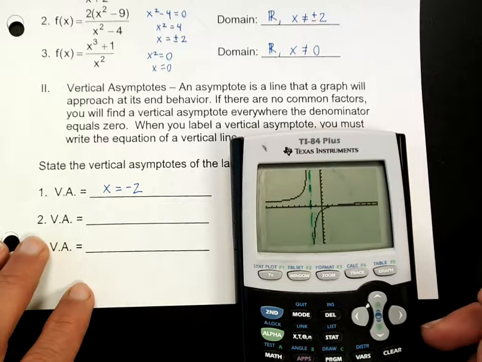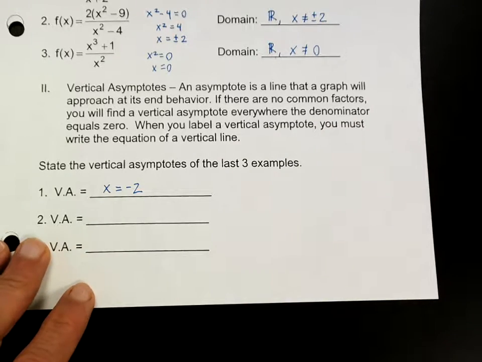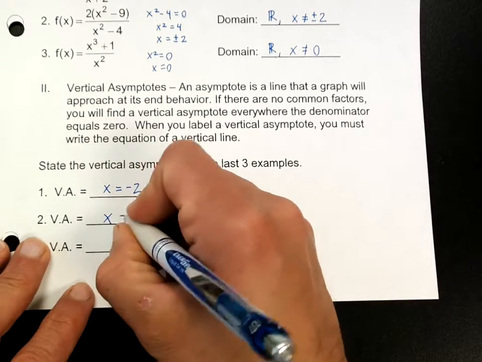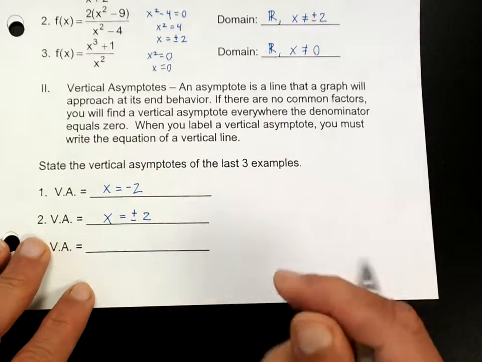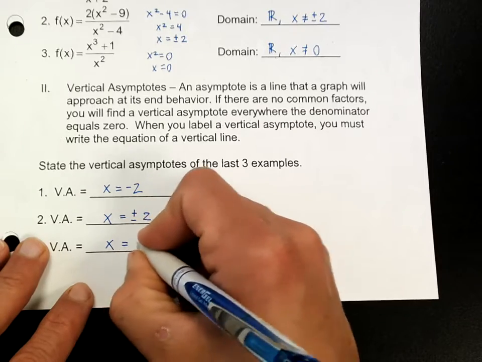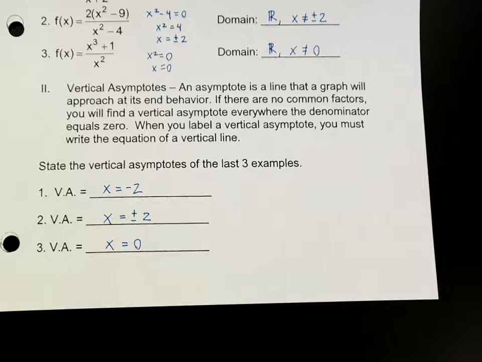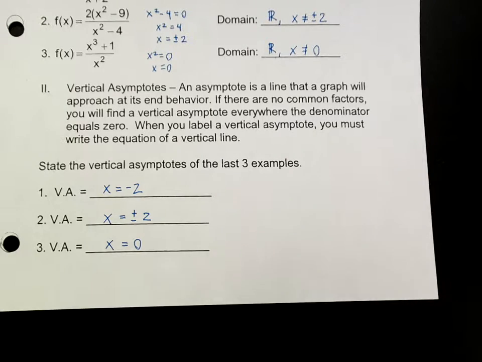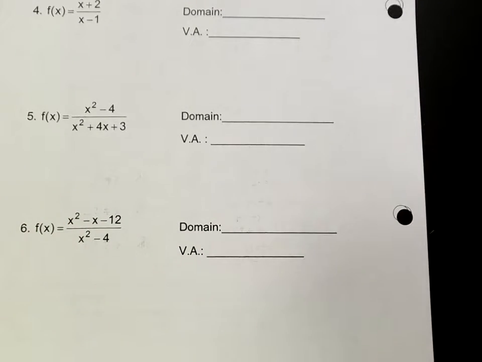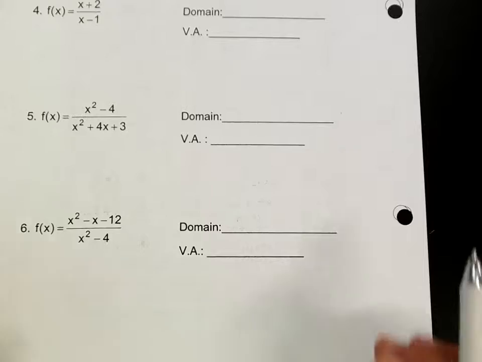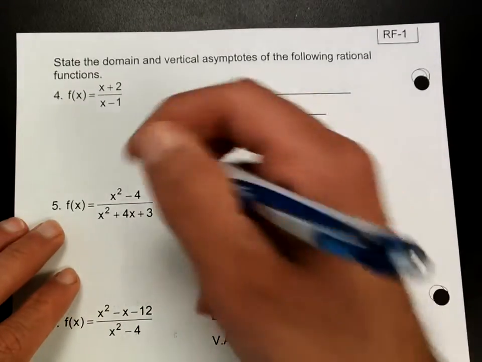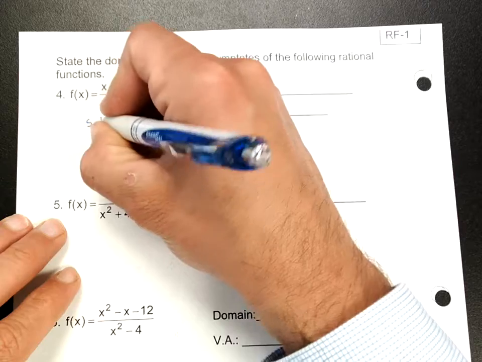For the next one, assuming that you already tried to factor and cancel, it's going to be the same thing. x is equal to plus or minus 2, and then this one is going to be x is equal to 0. Notice that I'm not putting a not equal sign on there. They're going to be equal. So that's it for that. In terms of vertical asymptote and domain, sometimes they're going to be exactly the same, but in this homework that you have, they are going to be exactly the same, so you don't even have to worry about factoring the numerator necessarily. So on this one right here, again, set the denominator equal to 0,